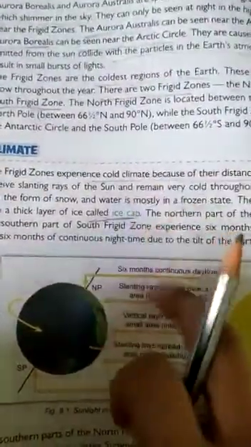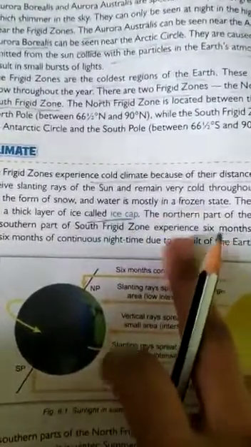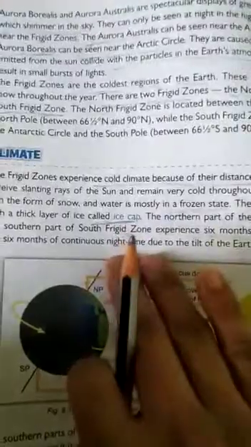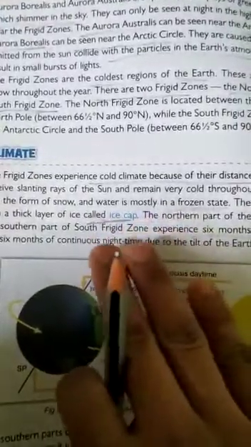Do you know the North Frigid Zone includes the island of Greenland and parts of Canada, Alaska, Iceland and Siberia? These areas of the frozen zone have very few people compared to the warmer parts of the Earth.